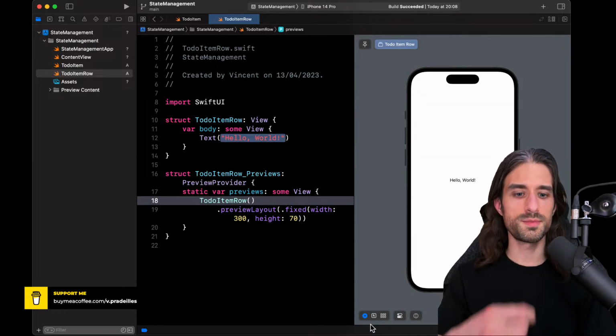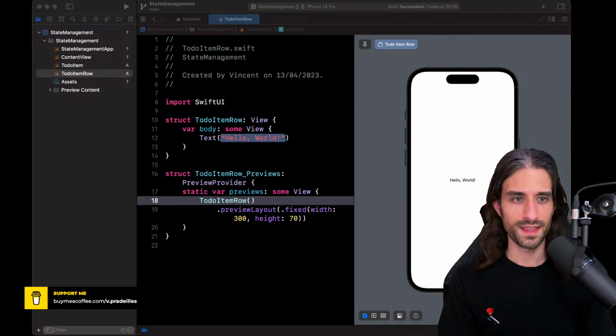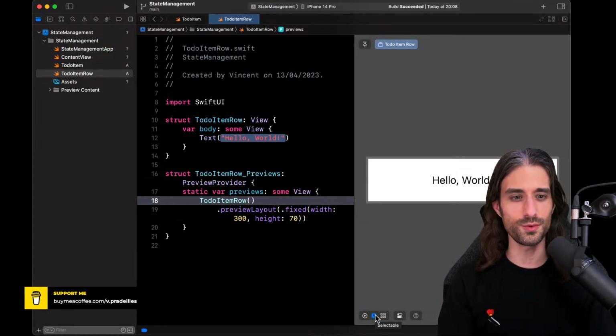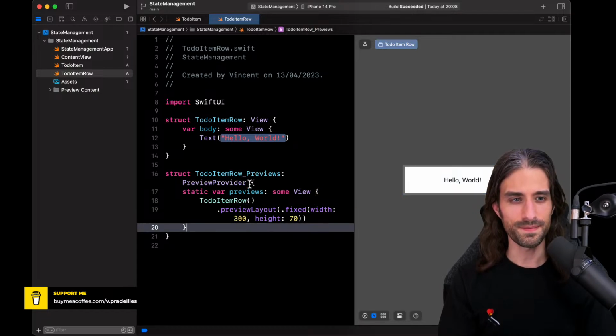Oh, it's because I was in the live preview. In the previous version of Xcode, by default, that preview was the one you would have. Okay, so now I have the size I asked for, and let me make it so that there is no weird zoom. Okay, so we have a preview that is realistic. We can start implementing the to-do item row.